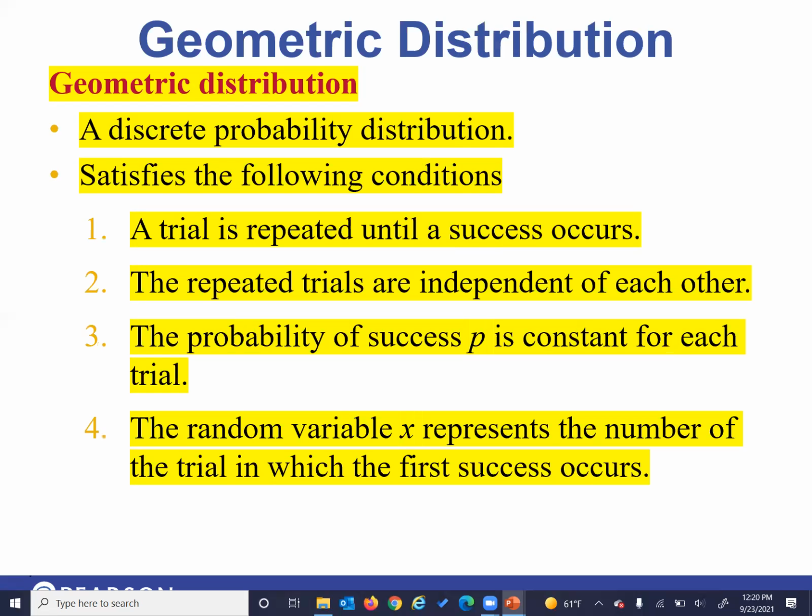So here's what we do. The trial is repeated until success is made. So you keep on doing it until boom, now you're successful. The repeated trials are independent of each other. We know what that means, right? They don't have any effect. One does not have an effect on the other. The probability of success is constant at each and every single trial. And then finally, X represents the number of the trial